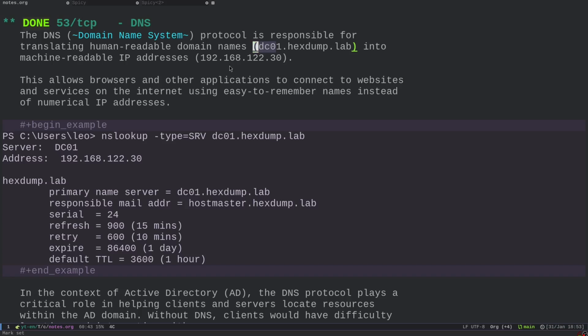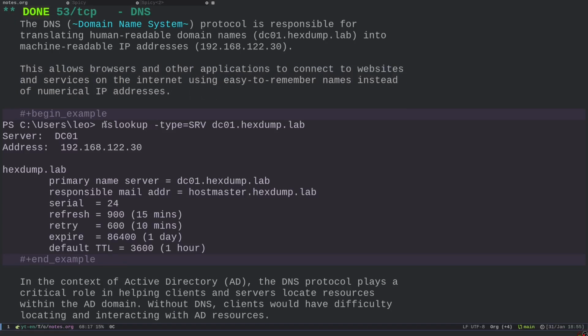hr.something, you can have dev.something. It's just much better. So the DNS allows browsers and other applications to connect to websites and services on the internet using easy to remember names instead of numerical IP addresses. And in this command nslookup, I'm looking for the IP addresses associated to dc01.exam.lab,